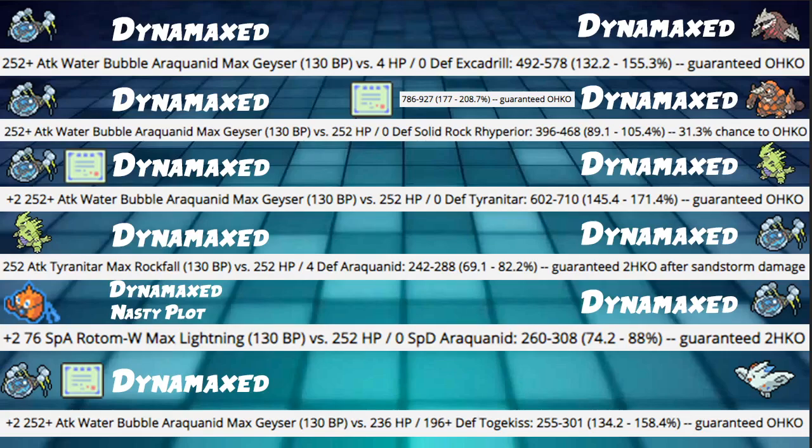Next, we have our Dynamaxed Water Bubble Max Geyser into a Solid Rock, Max HP, Dynamaxed Rhyperior. We hit 89 to 105, which is a 31% chance to OHKO. However, you might not want to do that just because it might live it. It has a 70% chance of living, and then its Weakness Policy procced, and then its Max Rockfall